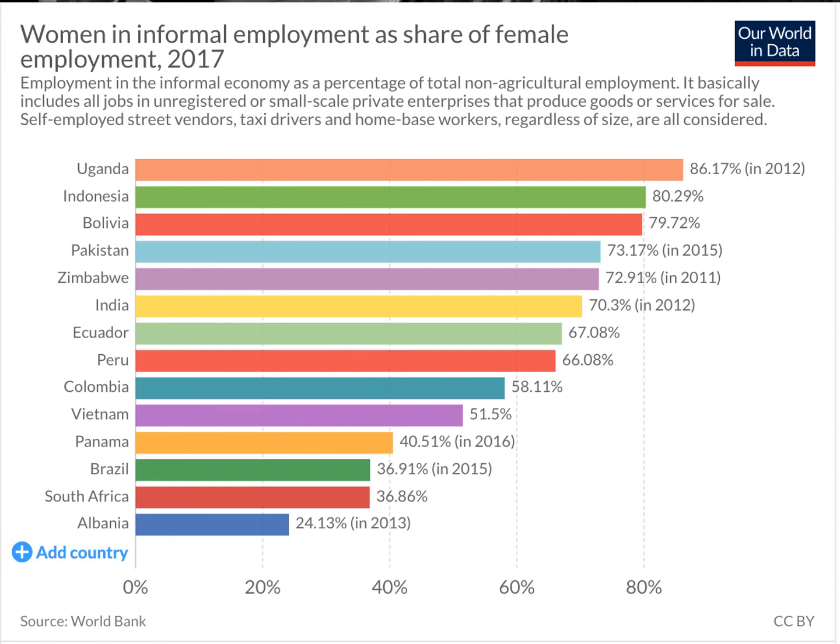Taking a look at this graphic, for example, women in Uganda, over 80% of paid work outside of agriculture is informal. And there are some statistics that will put that figure at almost 95% of paid work for women being informal in Uganda. In Greece, on the other hand, that same figure is about 4%. So once again, this displays the impact that development can have and the importance of examining gender issues as a major component of development. Next lecture, we're going to dive into some of the strategies that countries utilize to try and improve social and